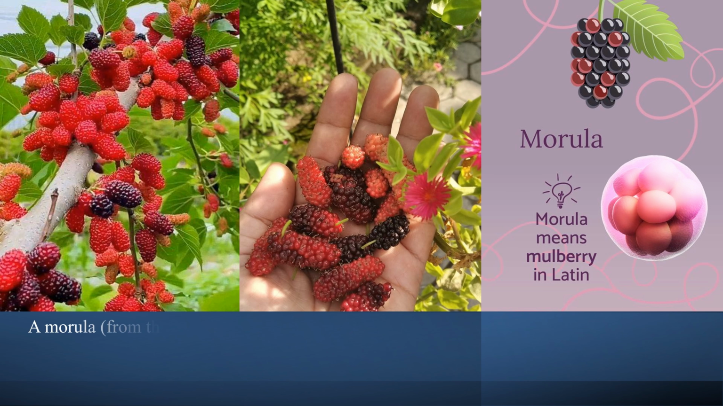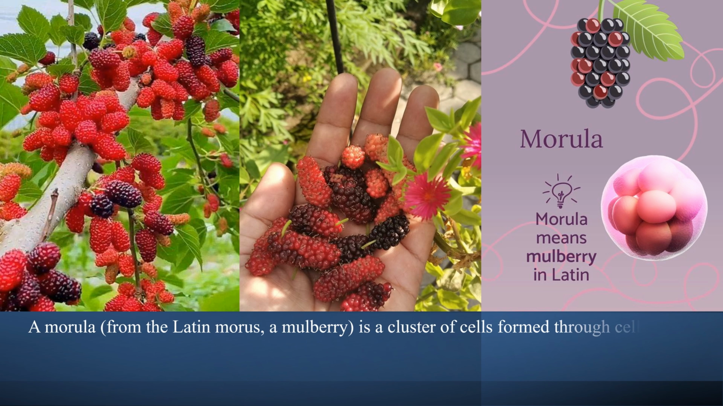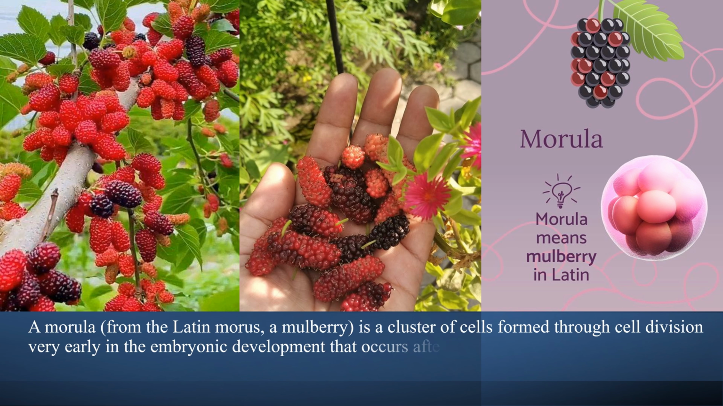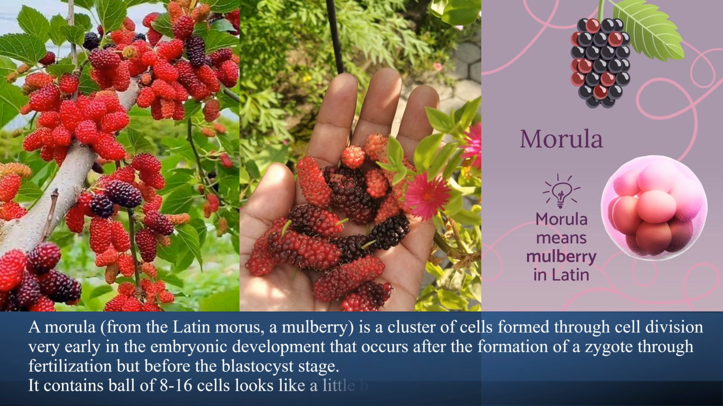So this is how you can easily remember about the morula, as the name morula itself comes from the word mulberry in Latin. After the division of the zygote, as the zygote undergoes mitotic division, and that single cell becomes 8 to 16 cells, this 8 to 16 cell cluster looks like a little berry cluster. So this is how you can easily remember about the morula and the shape of morula and how